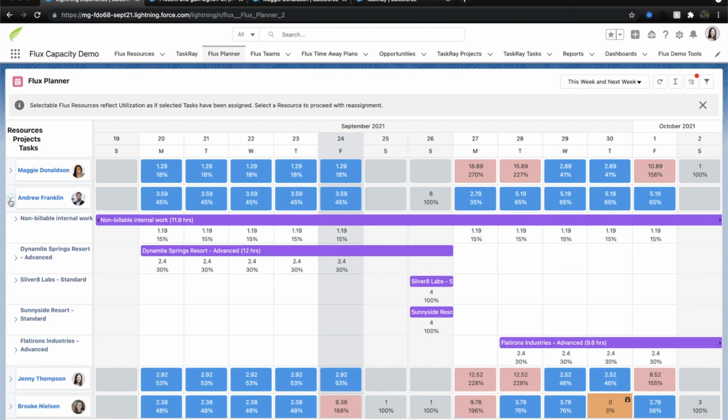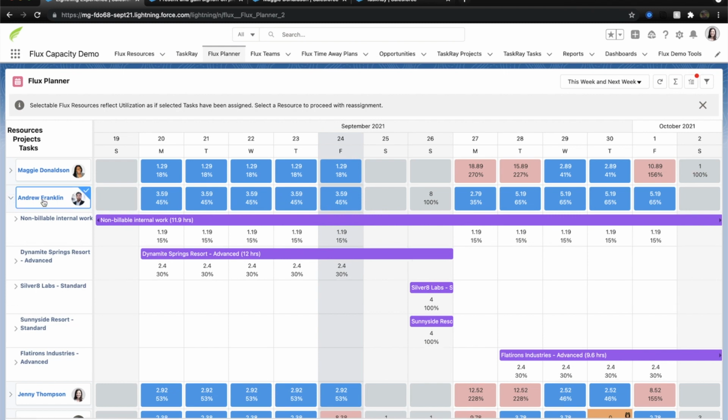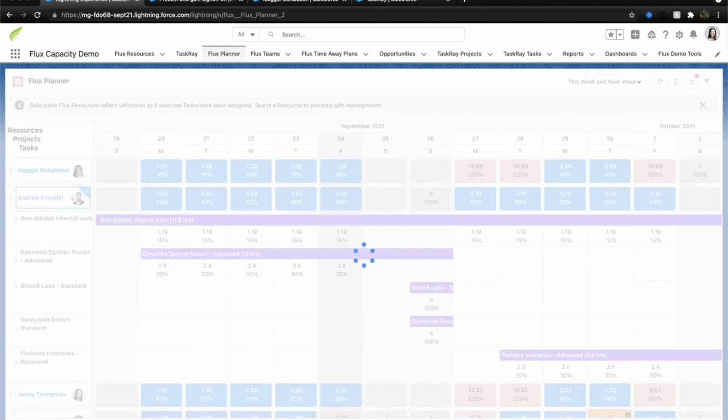We can also expand Andrew's workload and see what he's actually working on next week. And it looks like it's primarily non-billable work, and he does have a little bit less than 10 hours of work on the Flatirons Industries project. So I would say we can comfortably make a reassignment to Andrew and still keep him within a reasonable utilization level. So in order to lock in that change, we simply select Andrew, assign selected,